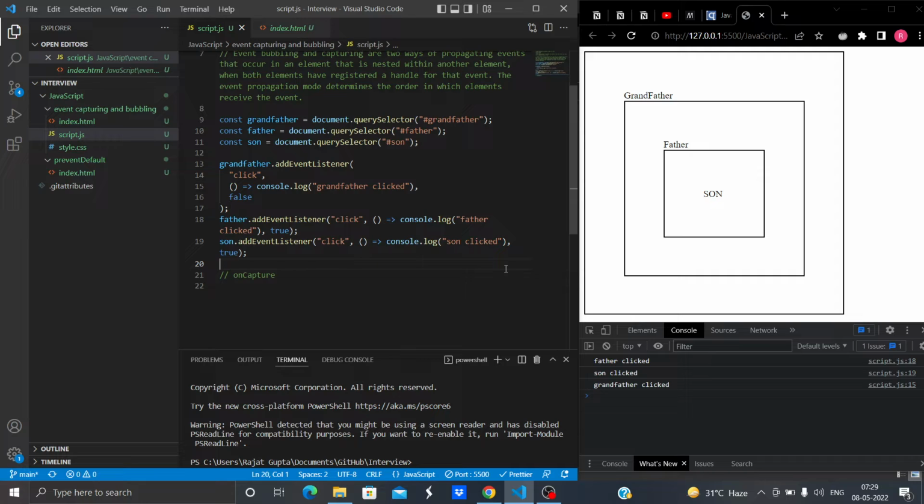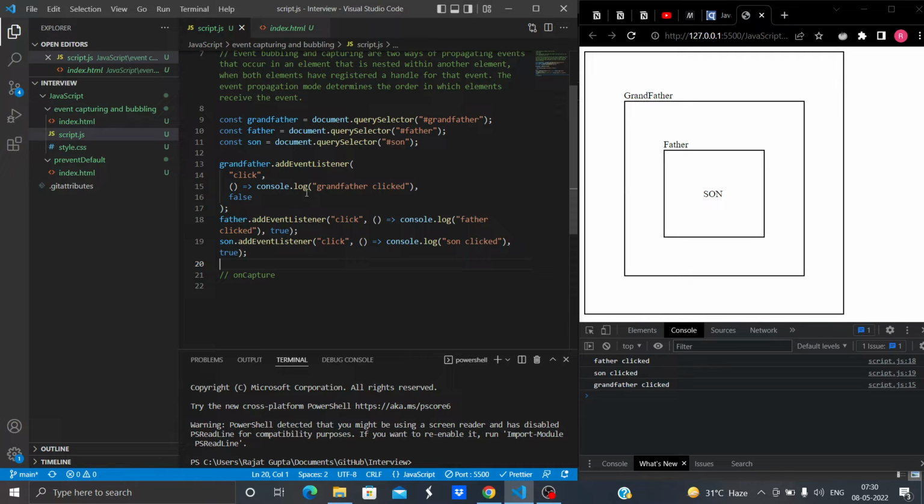So I think you understand this. Now one more thing that I have in mind. Yes, what we can do is stop this propagation. That means I can stop this event bubbling or capturing at any point I want. That's the power I possess as a developer.